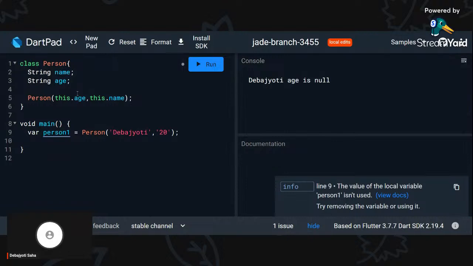So I'm passing both the variables as a string. Okay. So if I do one thing, type print,